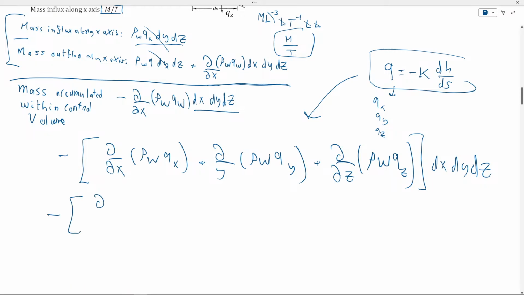Partial x of rho w and qx, that would be negative. So the negative here will go away with the negative here. So I will not write it. So I'll just get rid of this negative, and that will go away with the negative here. So that would be partial of qx, that would be k in the x direction, and delta h over delta x plus